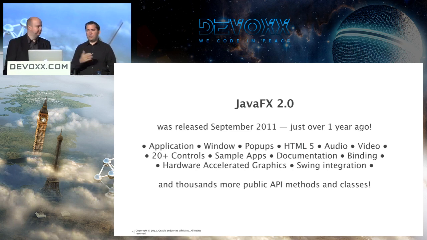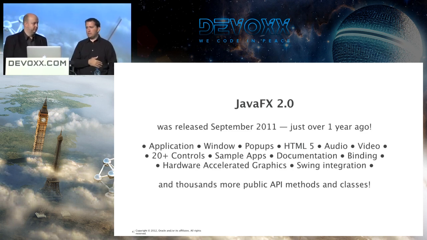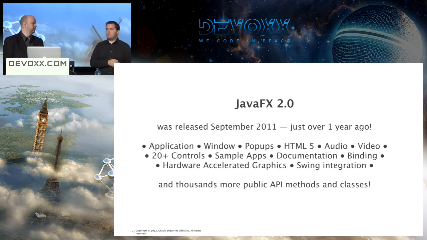And there's a lot of functionality that's already in the platform. There's an application class and basic pieces that will be growing for frameworks and things like that. Windows and pop-ups, the HTML5 support. We've got WebKit that's integrated into JavaFX. Audio, video, a bunch of controls. We did a bunch of sample applications. A lot of people, I think because you have to download it separately from the SDK, we run into people all the time who haven't run or seen some of the sample applications. Documentation, binding. There's just a ton of things that we'd done by the time we shipped 2.0,